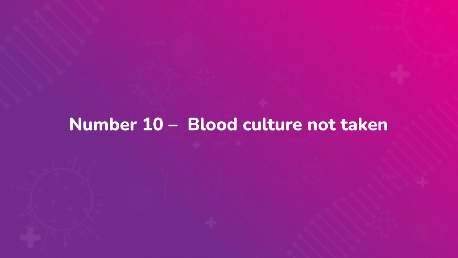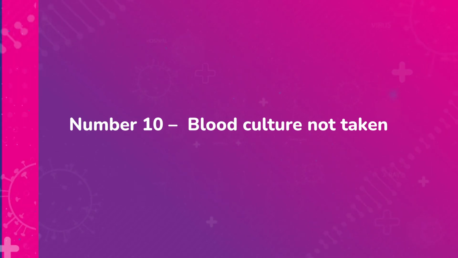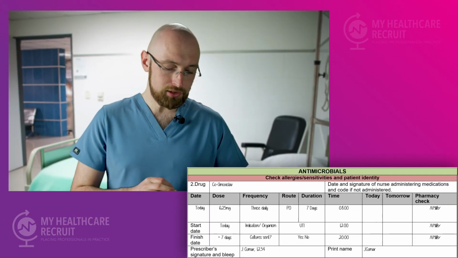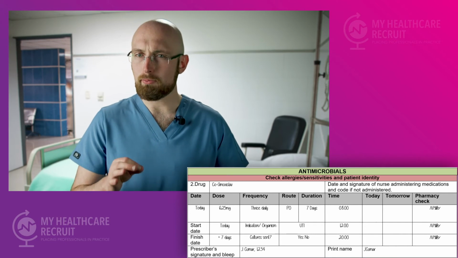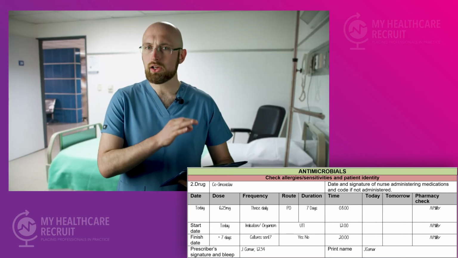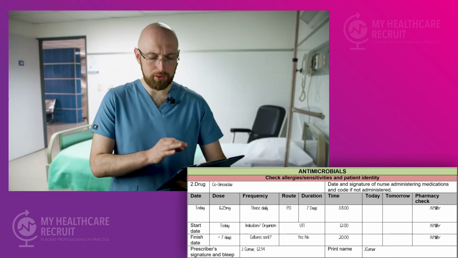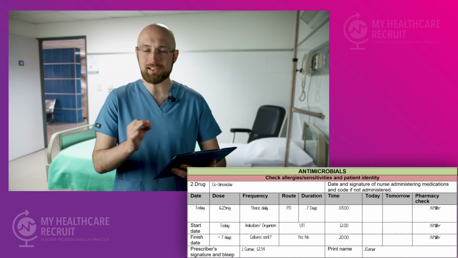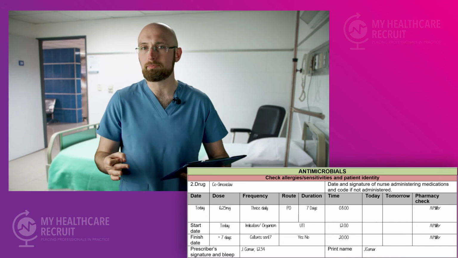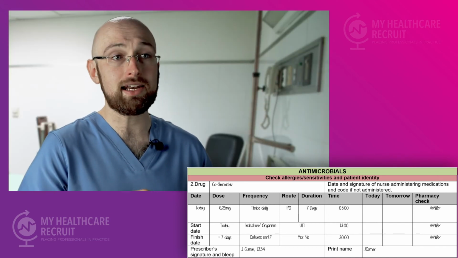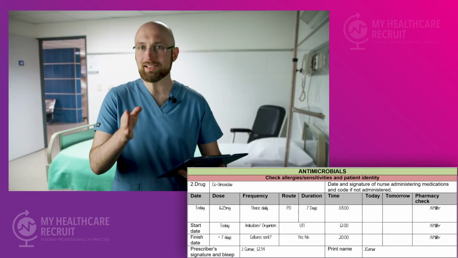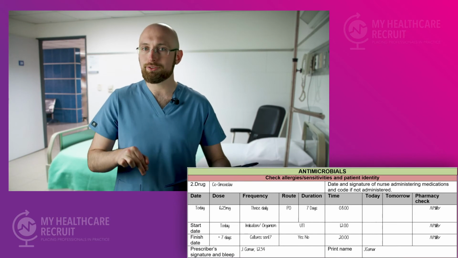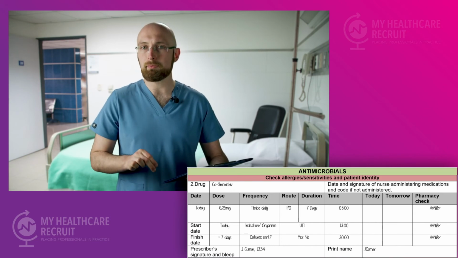Blood culture not taken. I can see that the patient has been prescribed co-amoxiclav. Dose 625 mg thrice daily orally. The prescription starts today and is due to end in 7 days' time. It's due at 8 AM and it is 8 AM now. It has been signed by the prescriber and the pharmacy, and it has a bleep number, so I know it